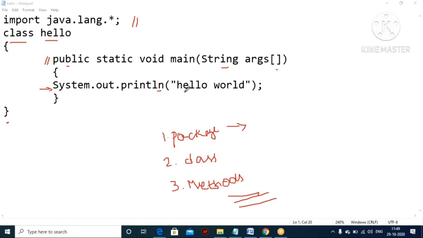Under the notepad, you write down all this code. Whatever code I give, you just type it in Notepad. Don't copy and paste into your MS Word file, because in an MS Word file the extension is saved in so many formats, isn't it? Word dot document, dot docx, likewise. But Java doesn't accept those kinds of Word files.